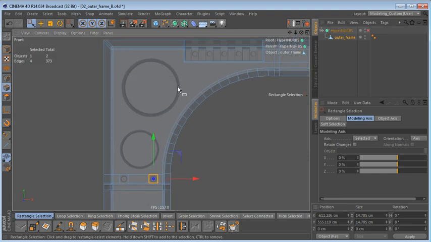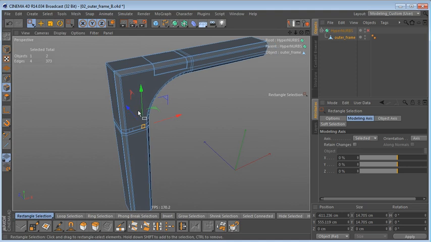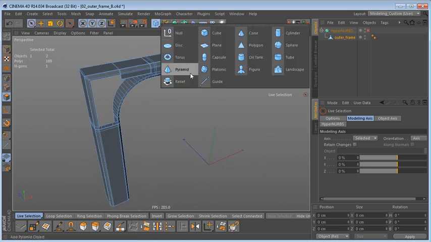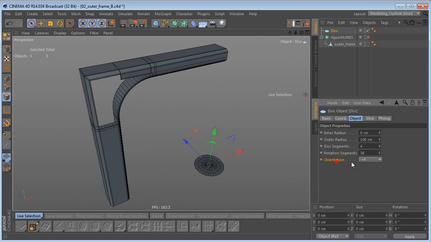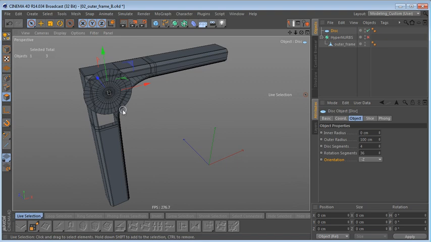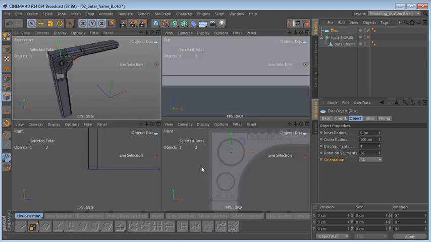Now let's create the geometry for these two big holes here. And these ones I want to do a little differently, so I'm not going to create any further sections up here. I'm going to switch to polygon mode and just delete this N-gon here. And next I'm going to create a disk object, and I want to change the orientation of this disk to -z, and now we can just move it along the y-axis and along the x-axis to roughly put it into position up here. Let's go back to our front view,